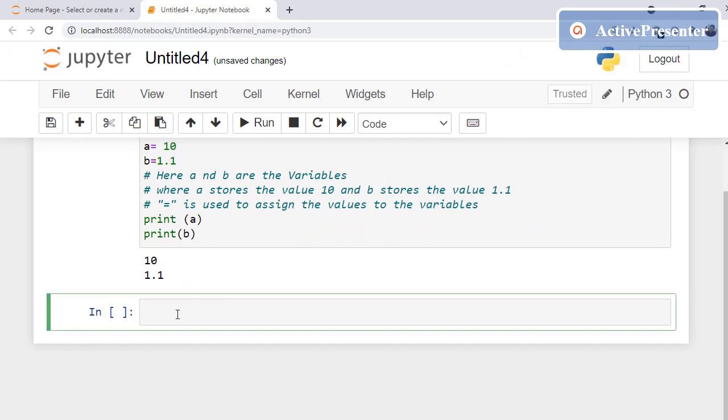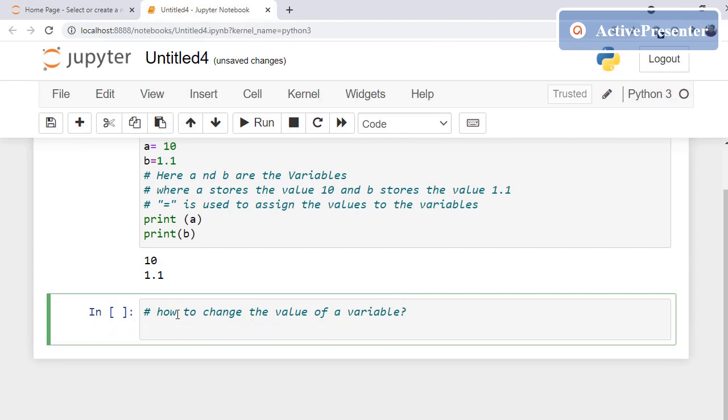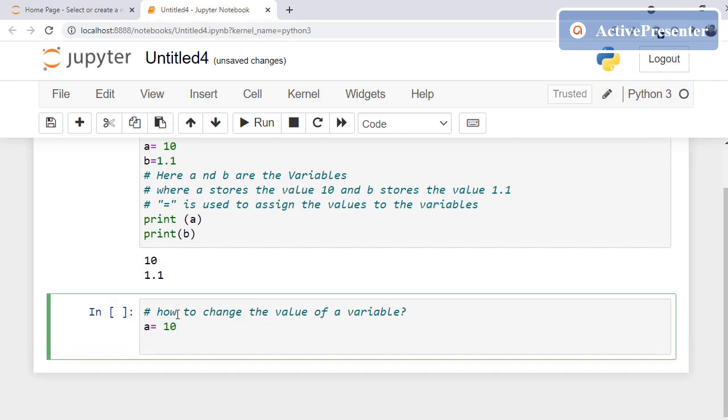Now if I want to change the value of a variable, what to do? Very simple. Initially let me write a equals 10. Now I will write print a.